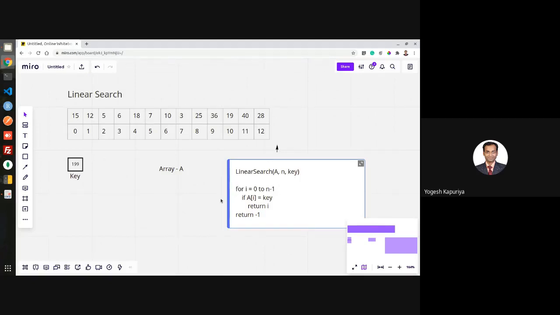Once this loop terminates and you are at the termination point, it means that the element is not there inside the array. So what you are returning is simply minus 1. Minus 1 indicates that the element is not found. So this is the simplest form of searching technique, right? This is called a linear search. It is sometimes also called sequential search as well, right? So I hope this technique is clear.